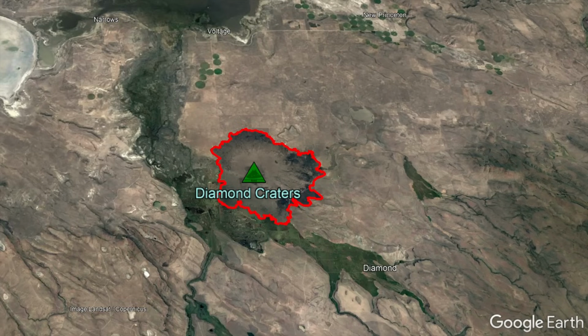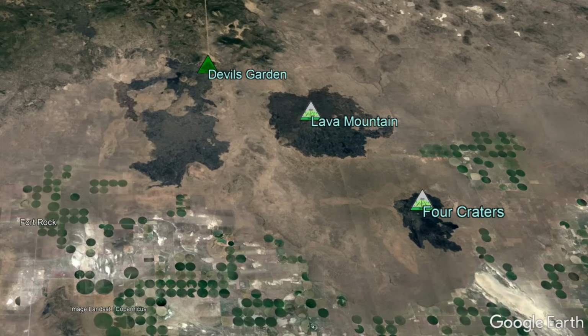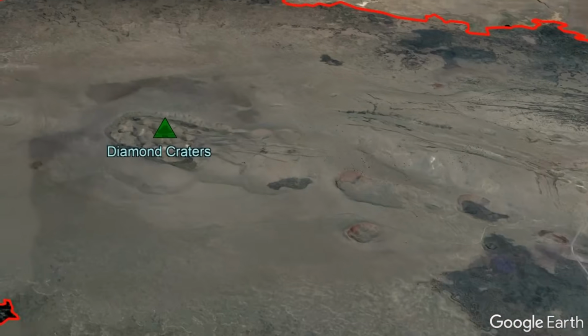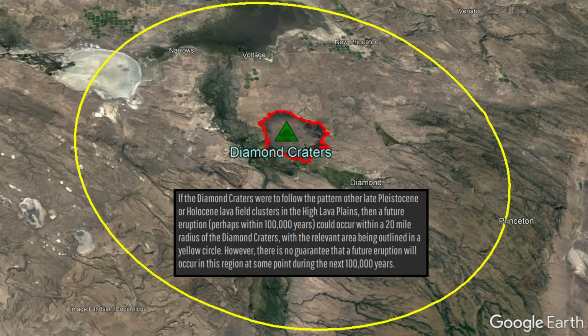My justification for this claim is that with the current exception of the Diamond Craters, all of the other young lava fields in the High Lava Plains occur as clusters of 2 or more closely spaced systems. Thus, while I do not expect the area encompassing the current lava flow coverage of the Diamond Craters to ever erupt again, there is always a future possibility of the next eruption occurring within a radius of 20 miles of